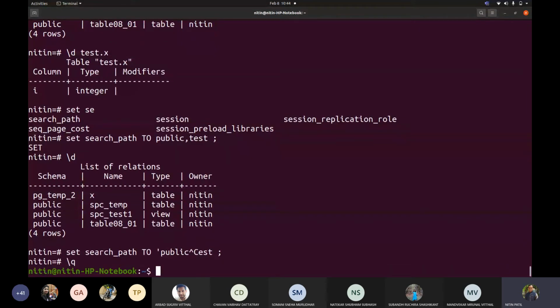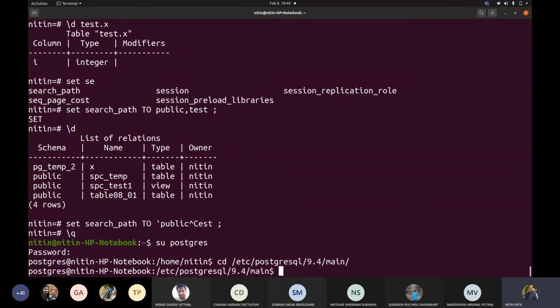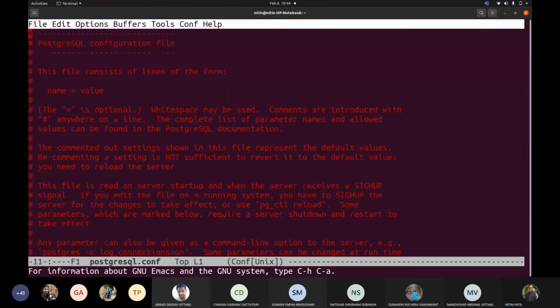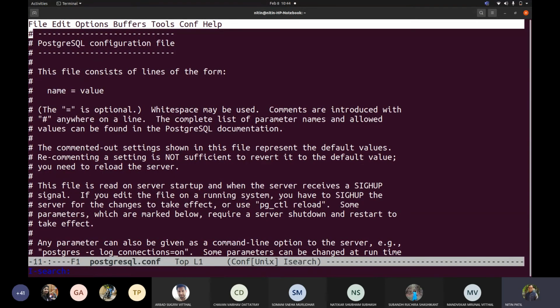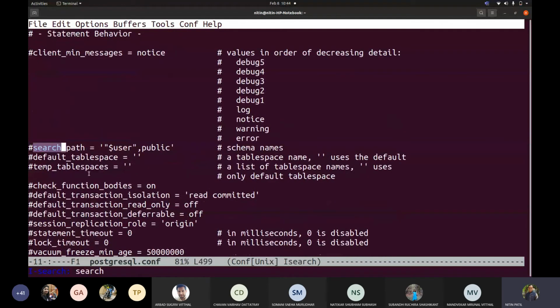For example, if I go to postgres, cd /etc/postgresql/9.4/main, and if I go to emacs postgresql.conf, and then if I write search path, correct.